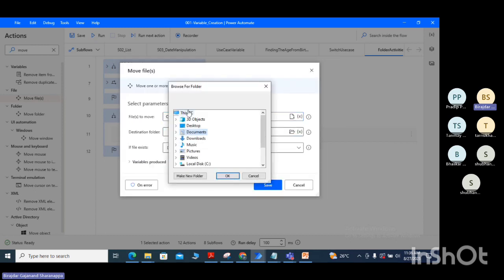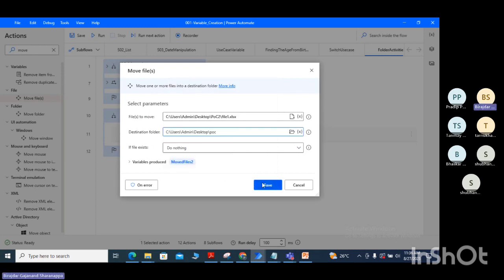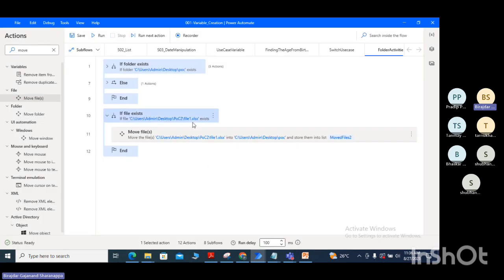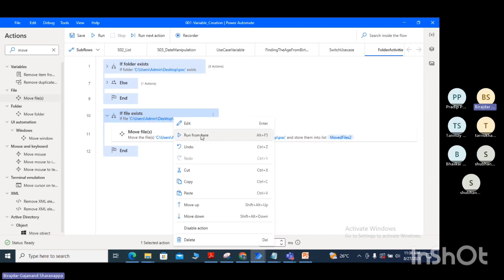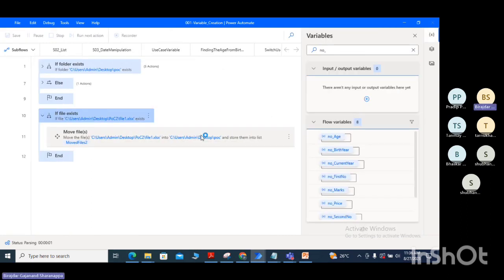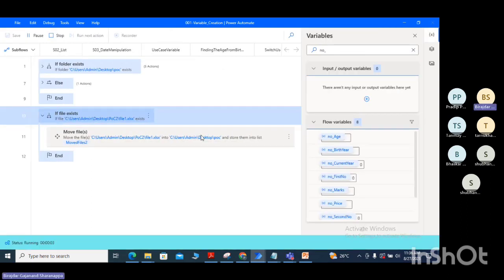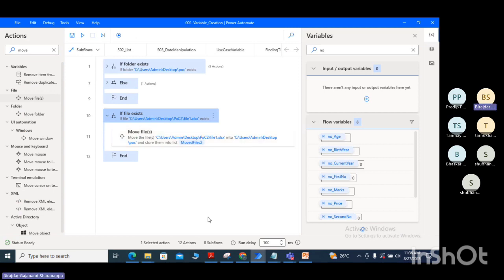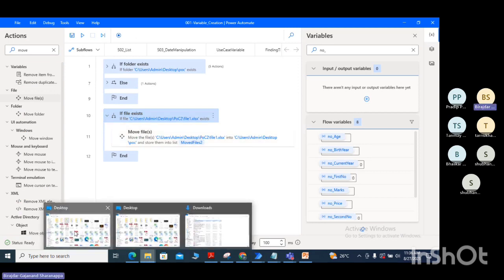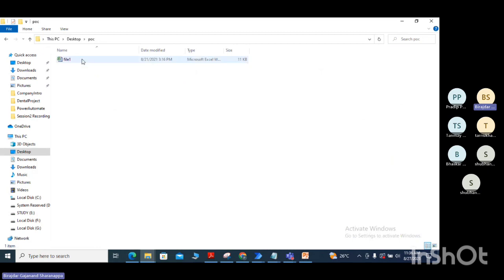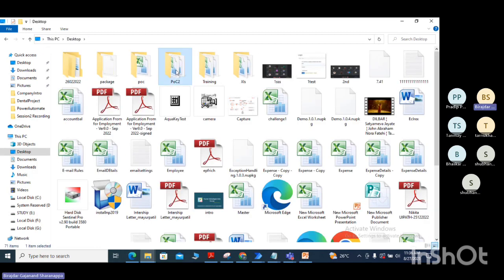Our destination folder is, say, POC now. So if this file 1 exists, then only it will move to the POC from the POC2 folder. So let me run from here. If file exists, then only it will move the file. Now the file is already moved, guys. You can see in POC we have the file, only one file that is moved, and in POC2